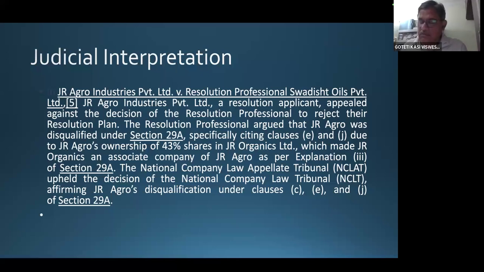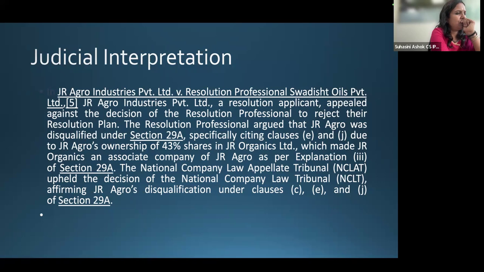So under section 29A, the RP has argued that E and J, they are ineligible. If we see E, who is disqualified to act as director under the Companies Act, and also J, if you come to J,